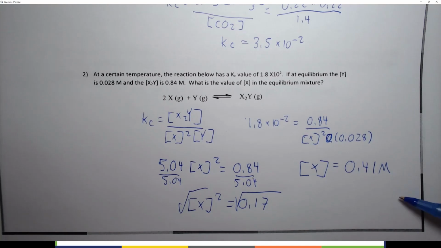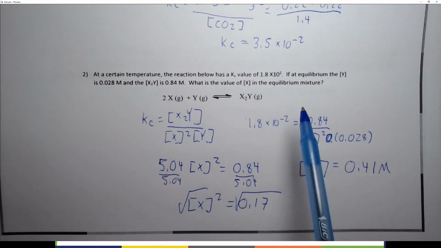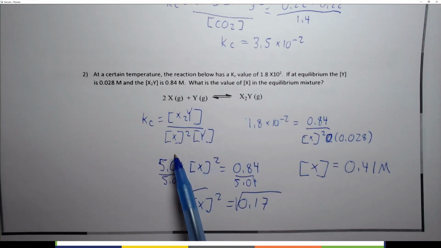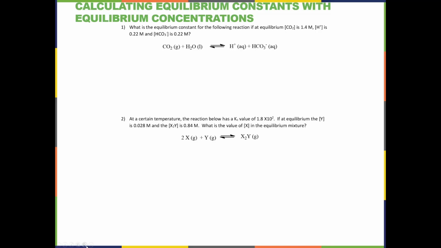Okay, typically we might put the unit back at the end like this, because it actually asks us for the concentration of X, but I don't typically write out the units in these calculations because they're not the same every time, and then you have to keep track of them. Like here you'd have molarity cubed if you were given molarities here, and you'd have a molarity up here, and then you have to keep track of all that, and it just makes it a little bit cleaner, I guess you could say, if you don't use the units. Not to say that it's wrong to use the units, and maybe it's even better to use the units, I don't know. All right, let's look at the last type of example that we want to look at in this